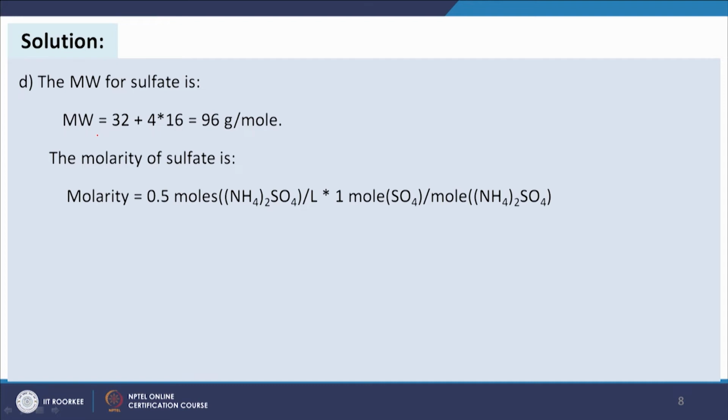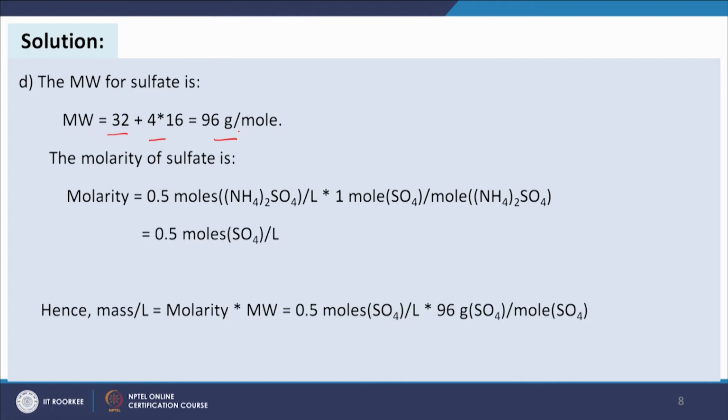So, SO4 is 32 plus 4 into 16, so 96 gram per mole. And the molarity of sulphate, how will we get it? It is 0.5 moles, this is the molar strength we have for ammonium sulphate. Now, I have to convert in terms of sulphate. So, we have to multiply by 1 mole sulphate per mole of ammonium sulphate. So, in this case we are getting 0.5 moles sulphate per liter,